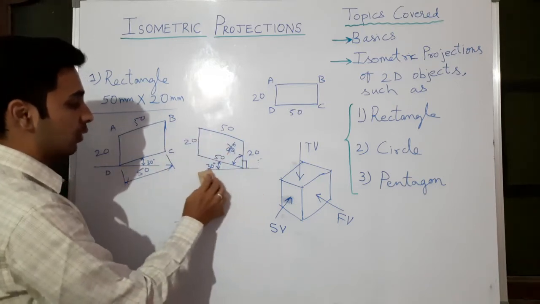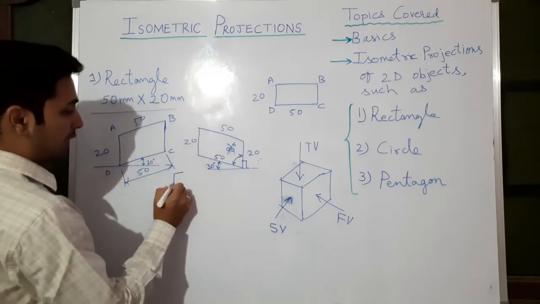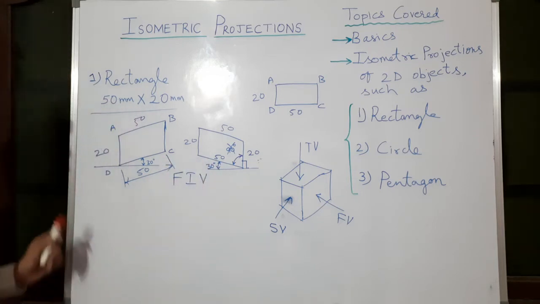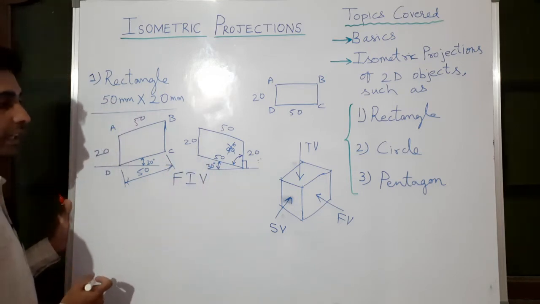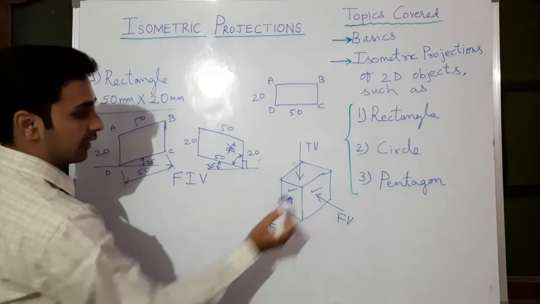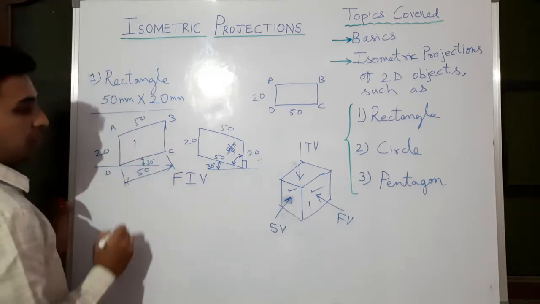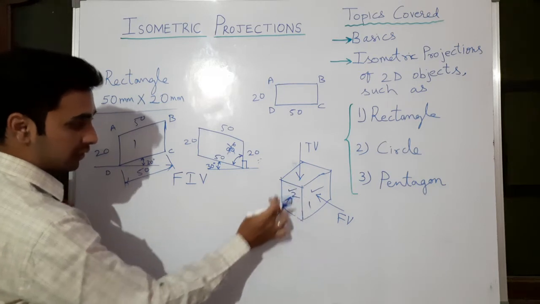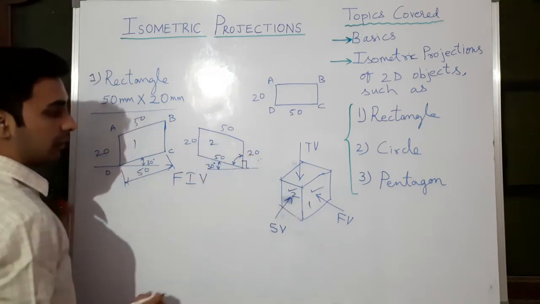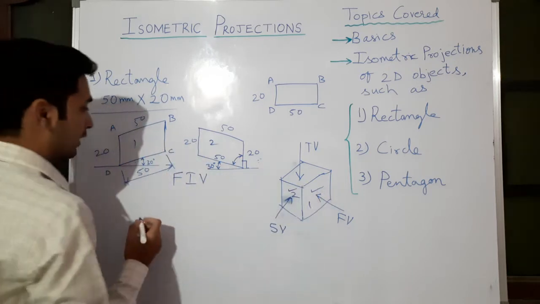So this diagram is called the front isometric view, front isometric view of a rectangle plate. Now the same we will see, the top isometric view of a rectangle. So these diagrams will be useful to draw this side and this side. This diagram will be useful for drawing this side, that is number 1 I will put. This diagram number 2, this side surface is useful to draw this one. Dimensions may be more or less anything.